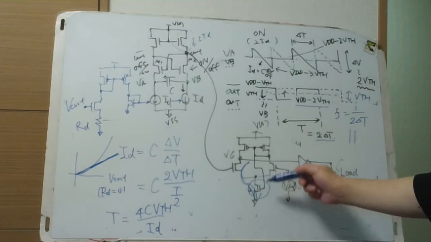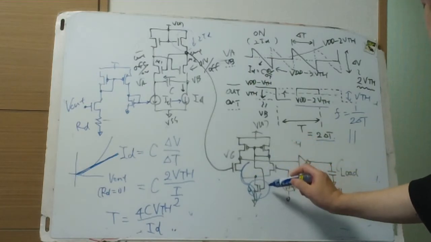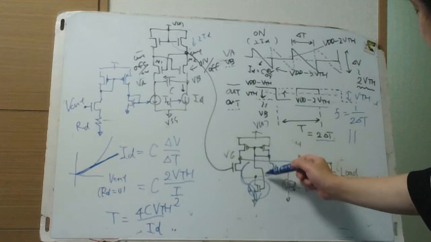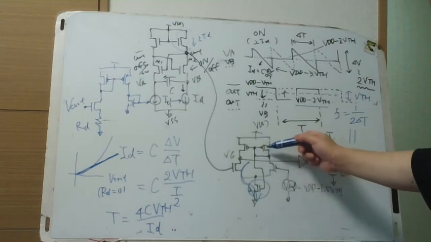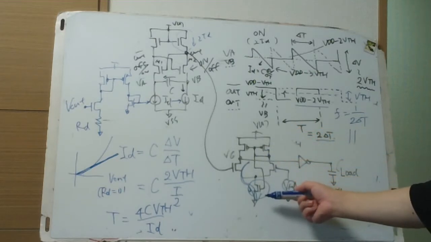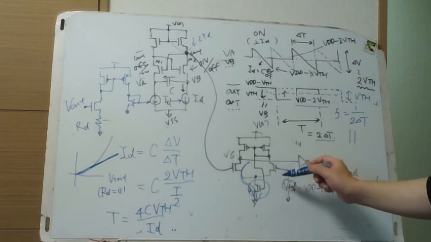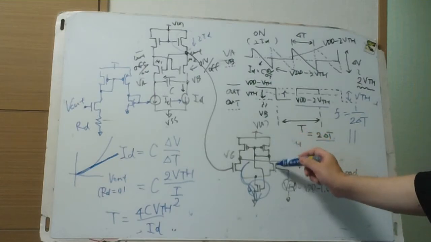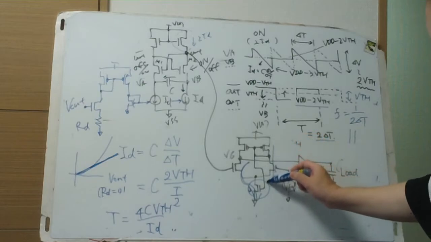This is off, a little bit off, but this is in between the VDD, and this is on more than VTH, and this current is able to push current, but